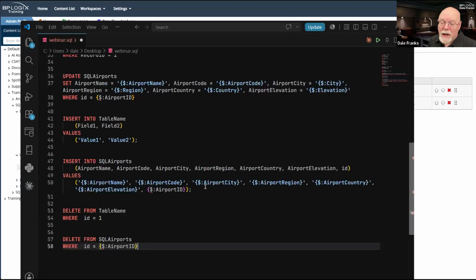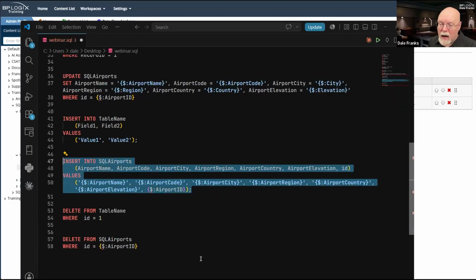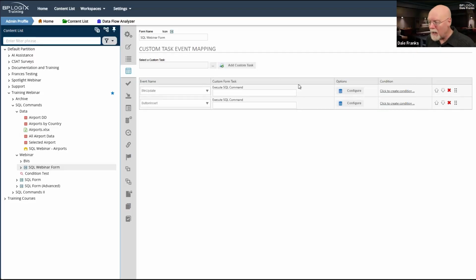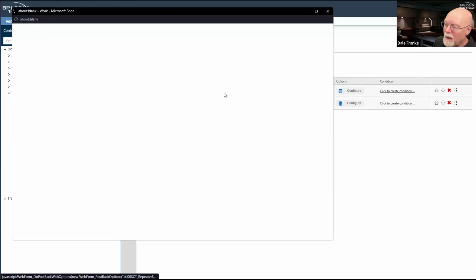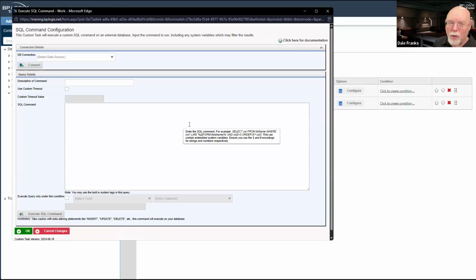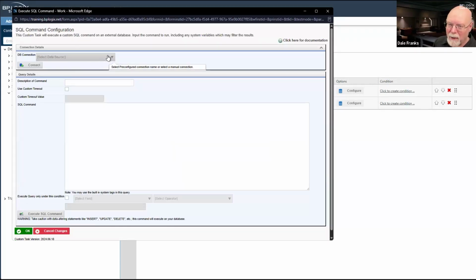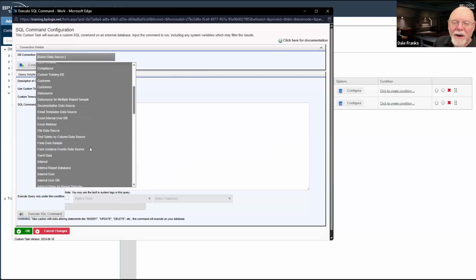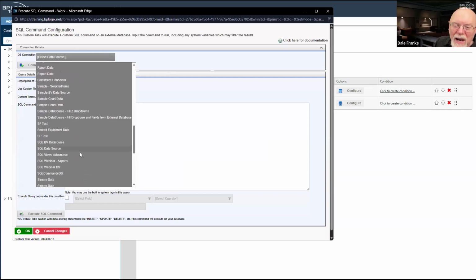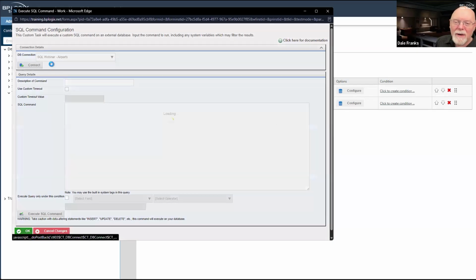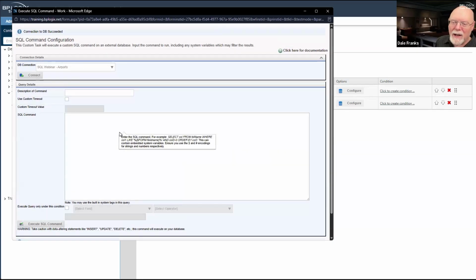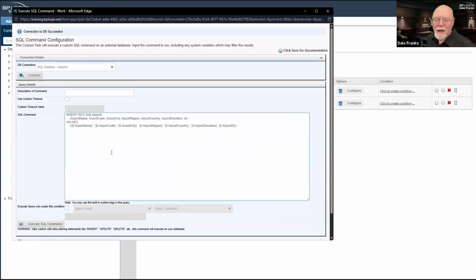So, understanding the literally insane way that T-SQL requires you to insert data into a database, I have for 20 years moaned about that format. We're going to go back to our SQL webinar data source for airports. So there we go, we've done that. It connects to my data source as expected. And we are just going to paste that